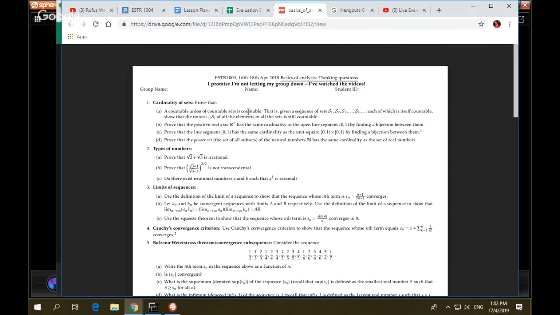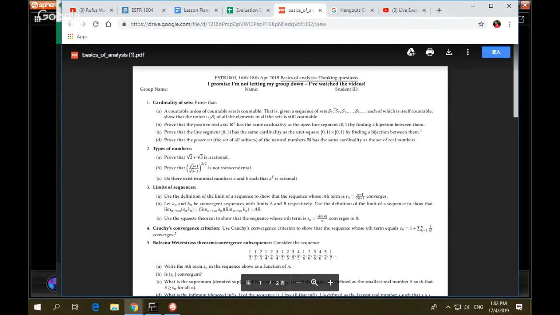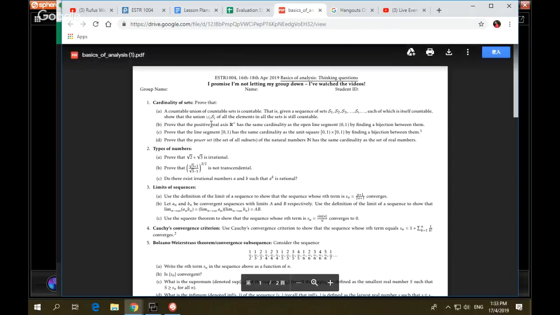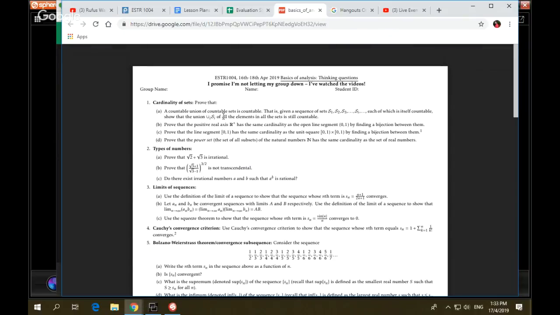Okay. What does a countable union of countable sets mean? It means if you have sets S1, S2, S3 and so on, each set itself is countable and the number of sets here is countable. That is, there are as many sets as there are integers, or no more than that. So to prove that the union of these sets, if I take the union of all of these elements,